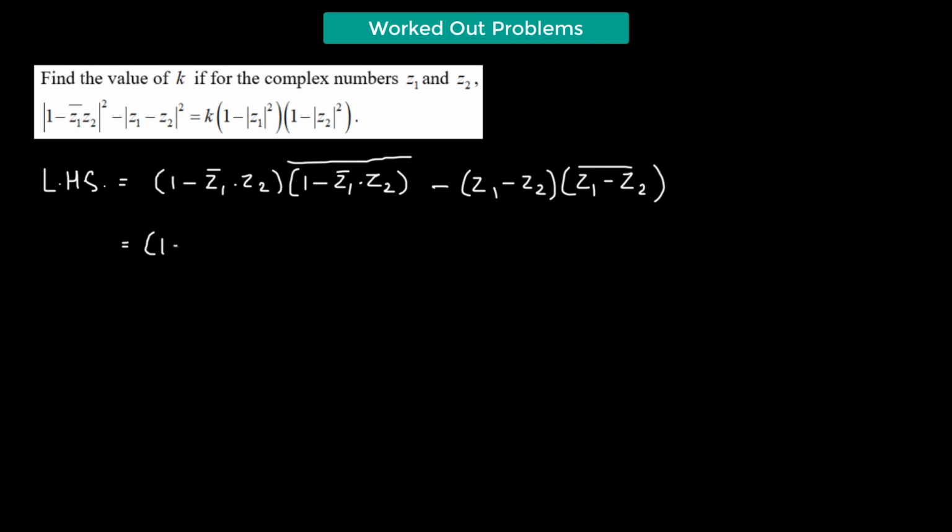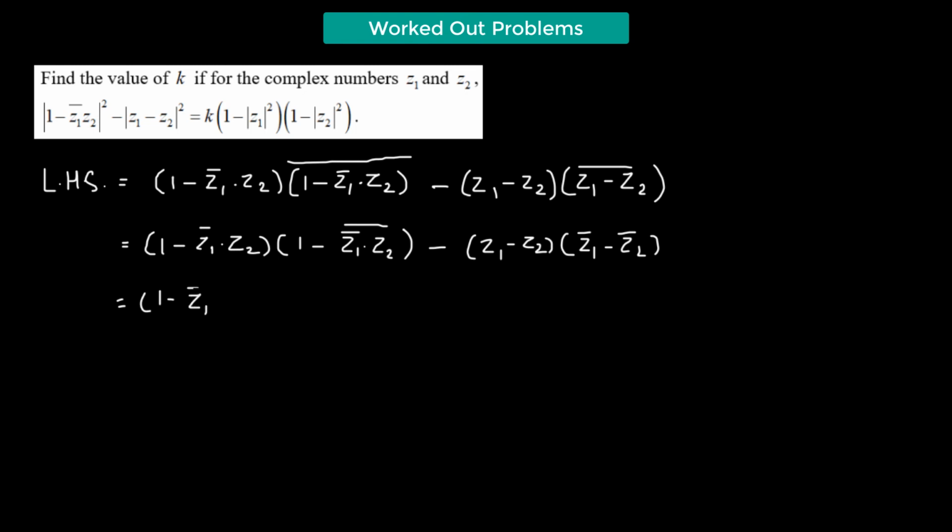This will become (1 - Z1 bar times Z2) multiplied by (1 - Z1 times Z2 bar), minus (Z1 - Z2) multiplied by (Z1 bar - Z2 bar), which is equal to (1 - Z1 bar times Z2) multiplied by (1 - Z1 times Z2 bar), minus (Z1 - Z2) multiplied by (Z1 bar - Z2 bar). So let us